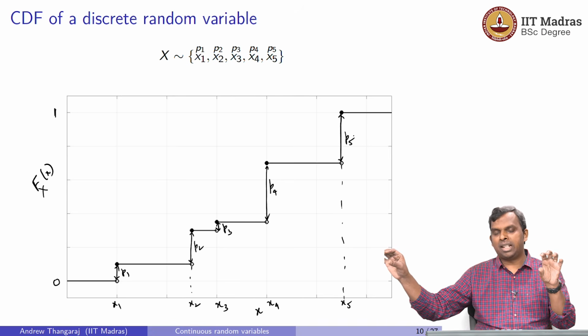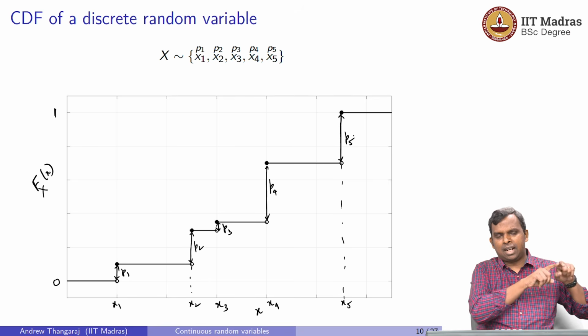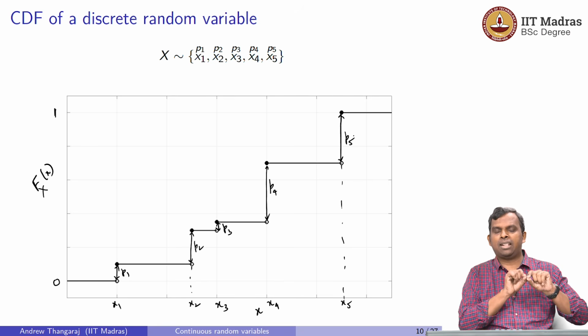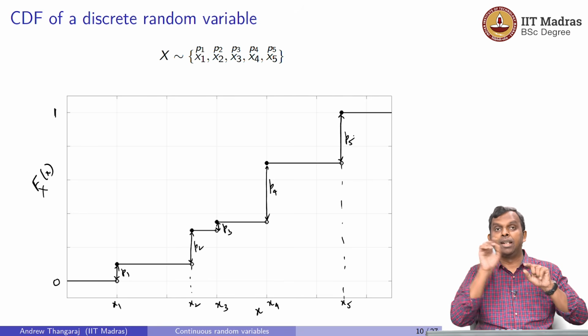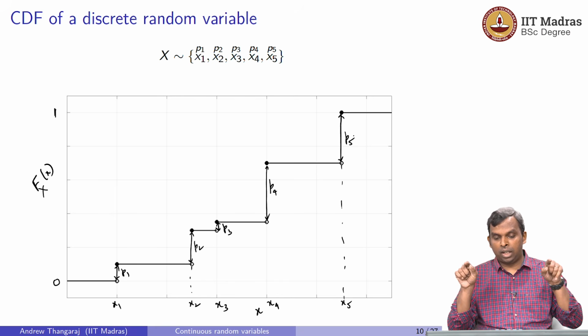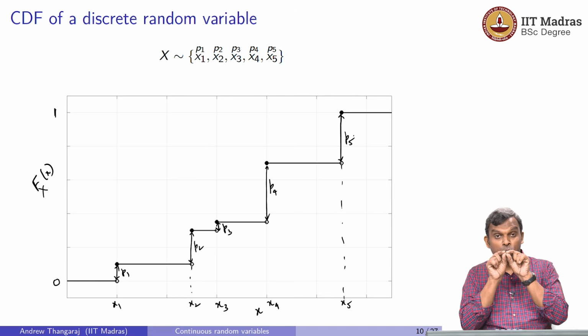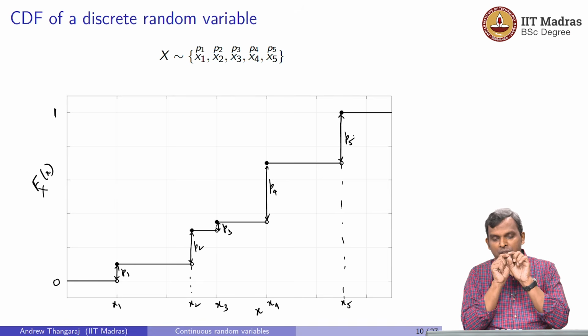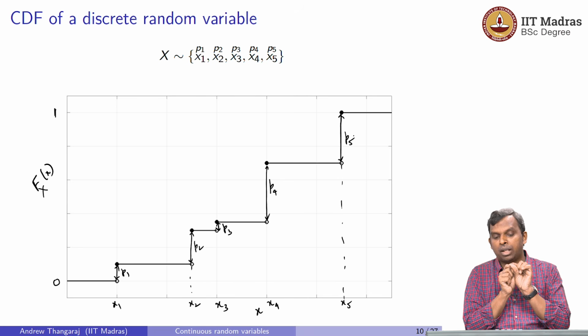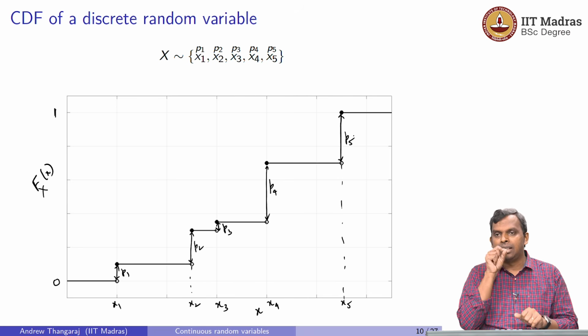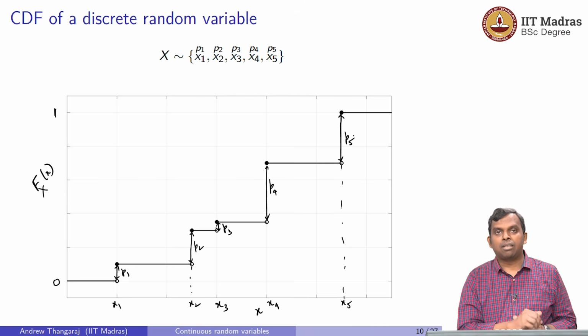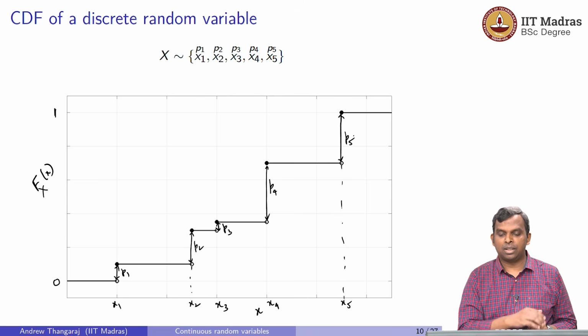So you have a PMF for a discrete random variable. How will the CDF look? It will start at 0 and it will jump. Wherever the random variable takes a value with positive probability, it will keep jumping. Wherever it does not take a value, it will be flat. More than flat, actually, there's no jump at that point, and that's what's very important. Whenever there's a jump exactly at that point, there is a probability of the random variable taking that value. When there's no jump, it will not take that value, so its probability is 0. So this is a good picture to keep in mind that hopefully nicely summarizes the CDF for you.